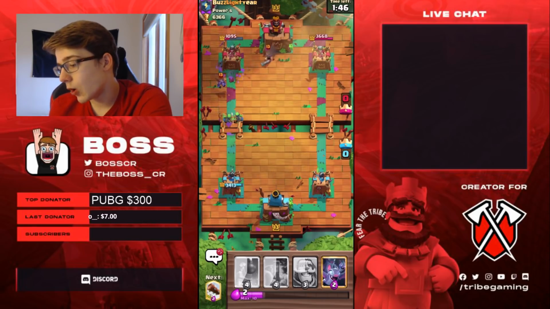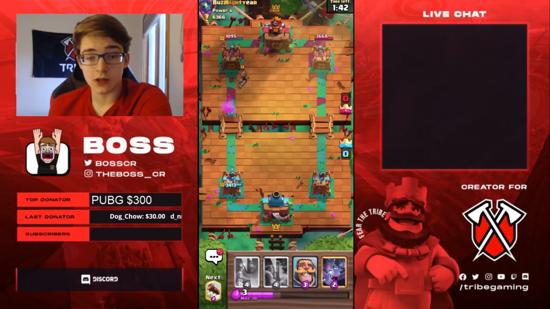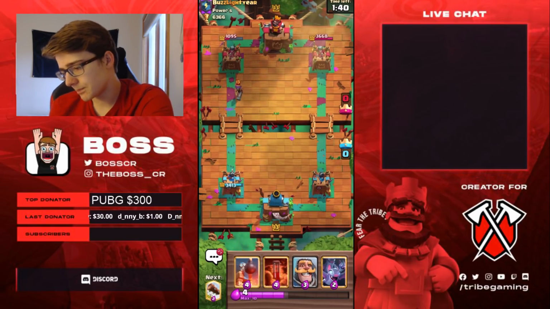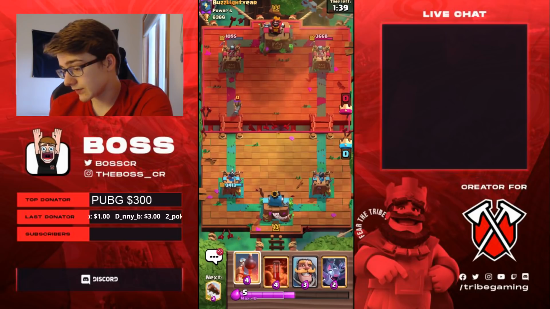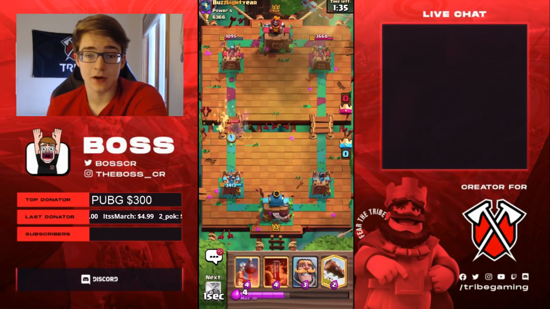And his tower is all the way down to almost 1000 HP. All because he didn't have a Snowball in rotation to take care of that Skeleton Barrel. And things are looking really solid for us. I actually think we have a pretty solid matchup here as well, because Bomb Tower is just great versus the